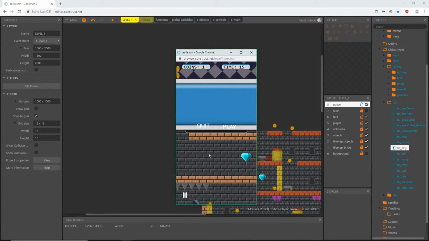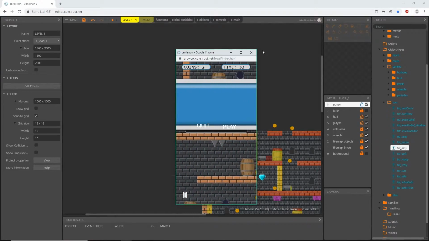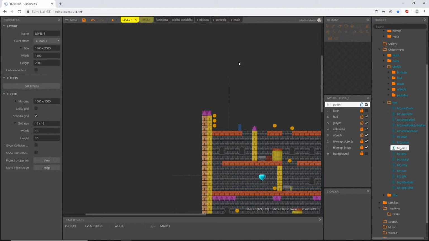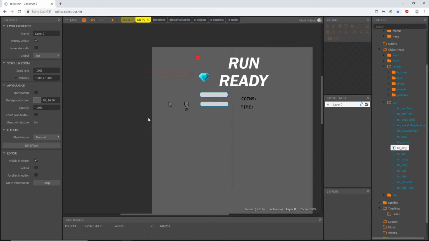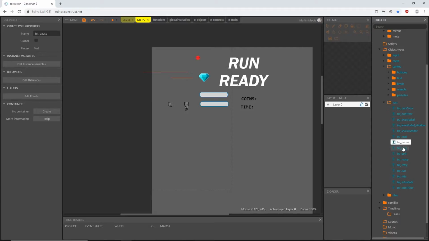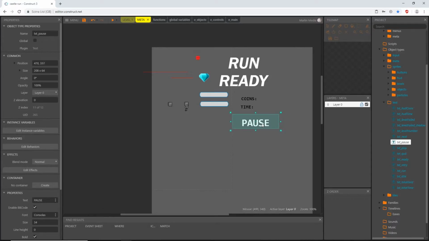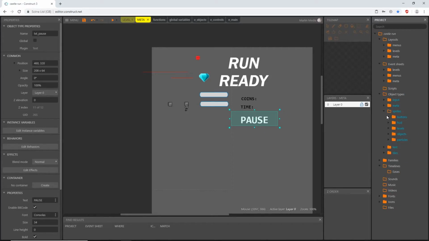And wow. So we got giant buttons, and I know what the problem is. This is one of those situations where if the object does not exist in the game, meaning we haven't placed it inside a layout, then Construct 3 creates the object at its default values. So if we go into our meta layout, we get to use this again. I can already tell you that our pause text object, even though we couldn't see it on screen because the buttons were created after the text, so it covered it up, we're going to need to drag this on to our meta layout. And then I'm going to close the text,